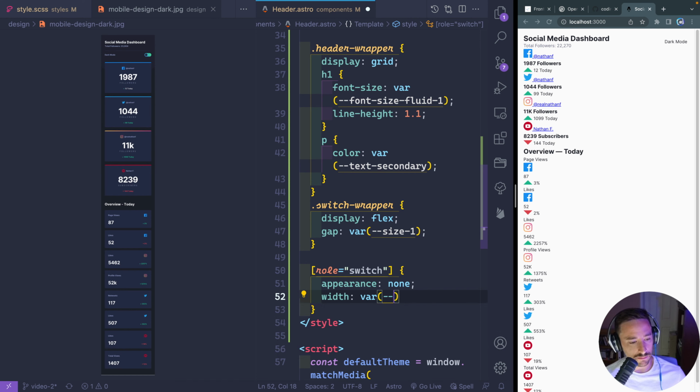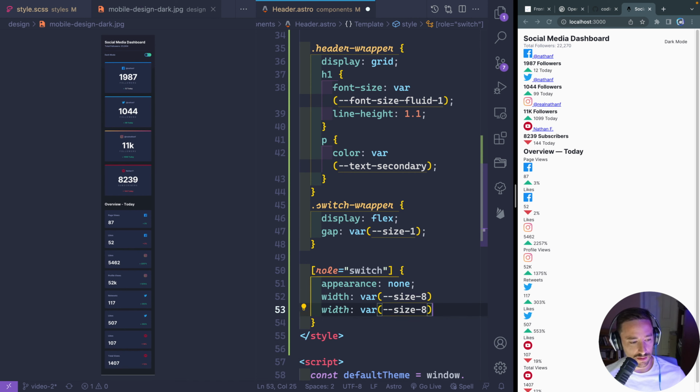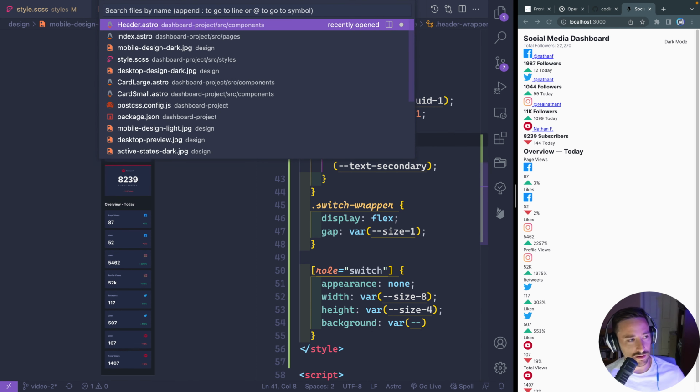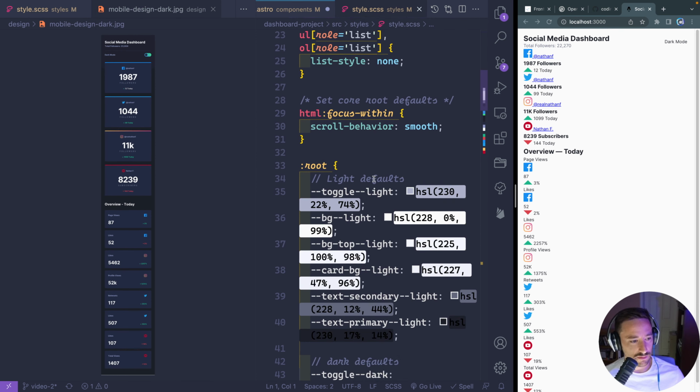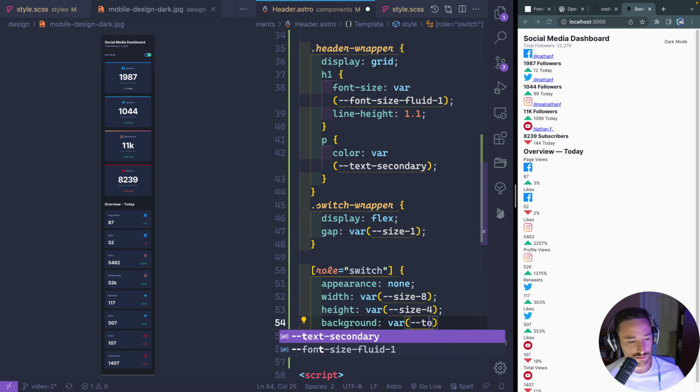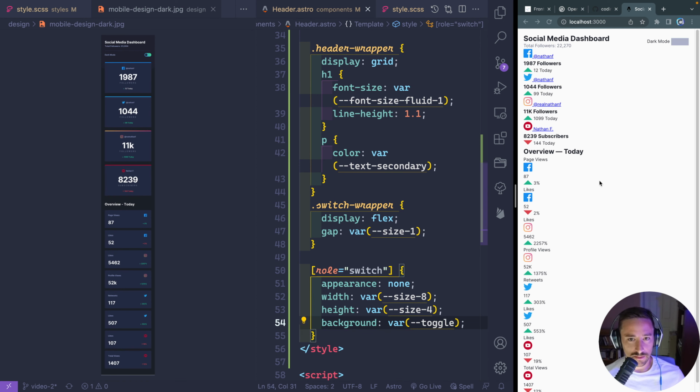We'll do var size 8, and then I'll do a height var size 4, background var something. I gotta go back to my main. I don't know why it's not pulling that in. SASS. There we go. Let's see, my colors toggle. I think that's what I'm looking for. Toggle. Okay, so there it is, showing up there. And then we'll do